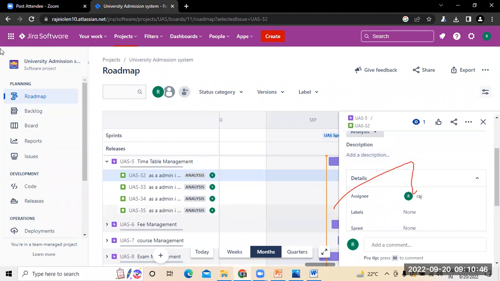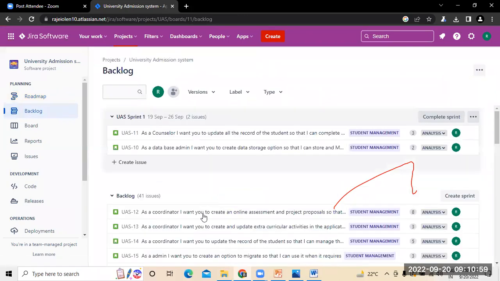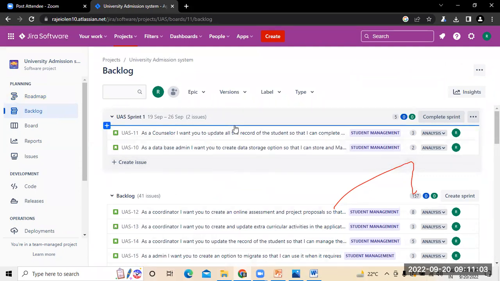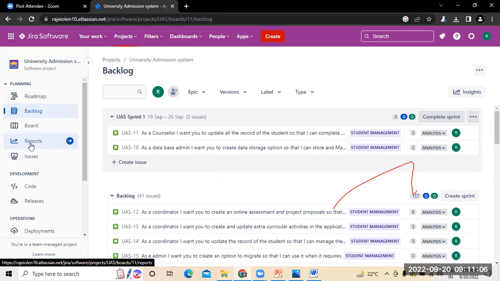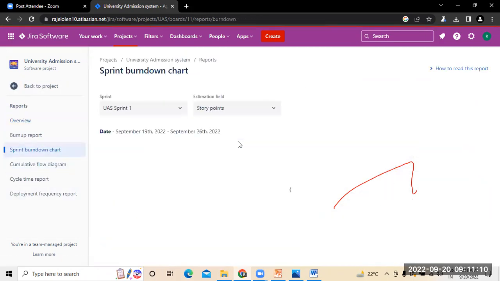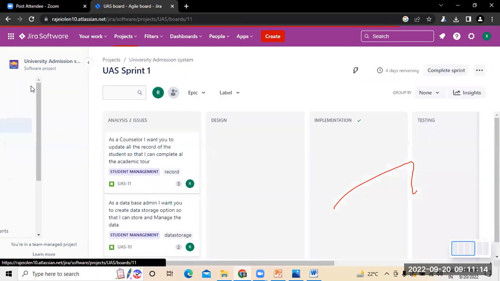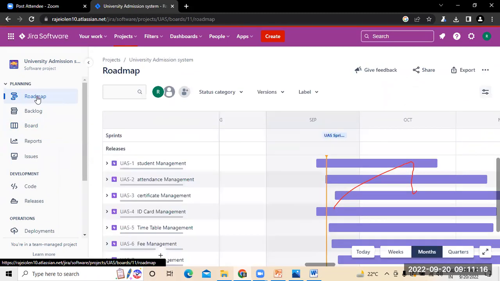Being a business analyst turned product owner, you need to create a roadmap. You need to write epics. You have to write user stories. Once you have written all the user stories, they are there in the backlog. From this backlog, sprint planning and everything will be done by the team members, and followed by this, report generation and everything will be done by the Scrum Master later on. So this is how the JIRA board and the JIRA projects look like.